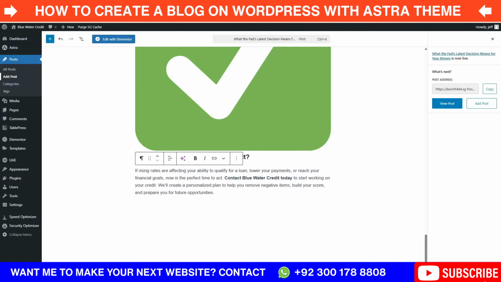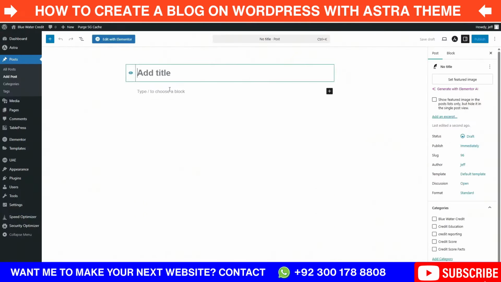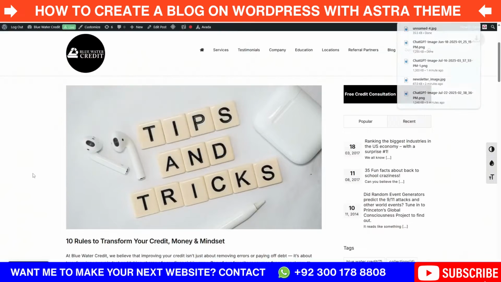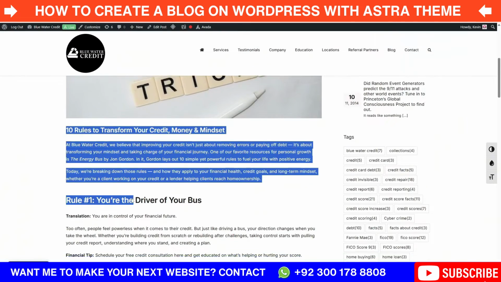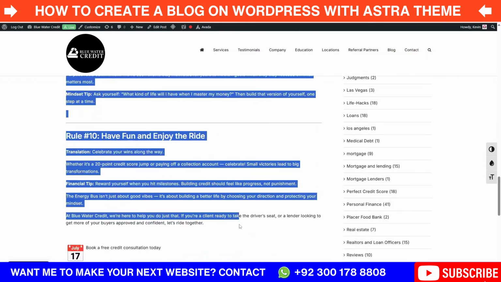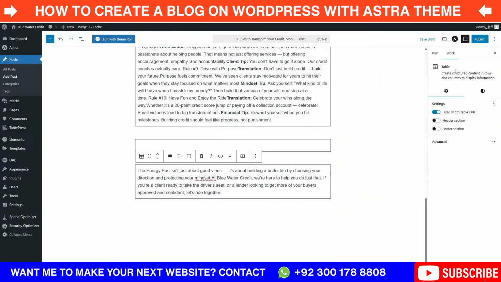Once again, click on add a post, and this is the last post that we need to add. So copy the post and paste it here. Save the featured image, and then once again copy the entire content of the blog post. And once you copy this entire content of the blog post, then we can paste this content, and